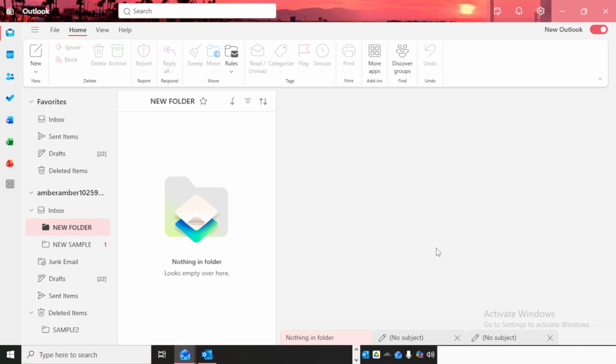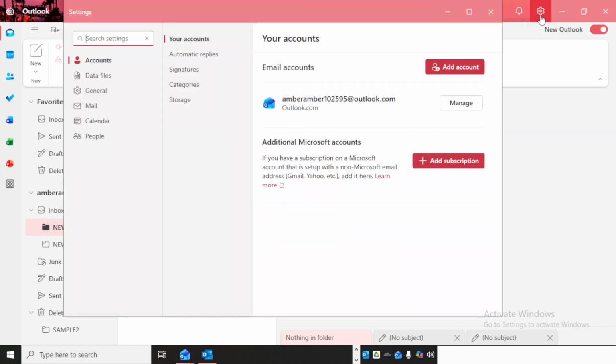It only changes how the interface appears to you, so it's a simple and safe way to make the app fit your preferences. To begin, open Outlook on your device and wait for the main screen to load fully. Once you're in your inbox or on the main Outlook page, look toward the upper area of the screen for the gear icon. This is the Settings button, and it's where you'll find most of the basic customization options for your Outlook experience. Go ahead and click the gear icon to open the Settings panel.